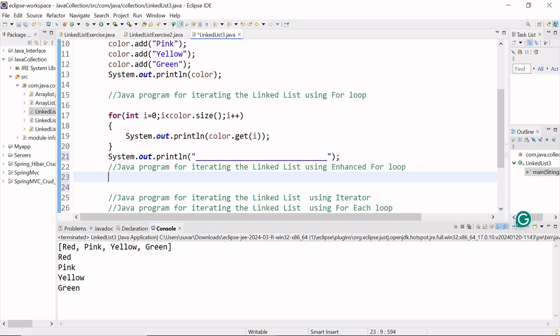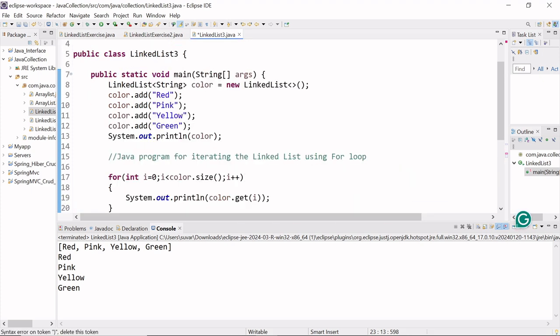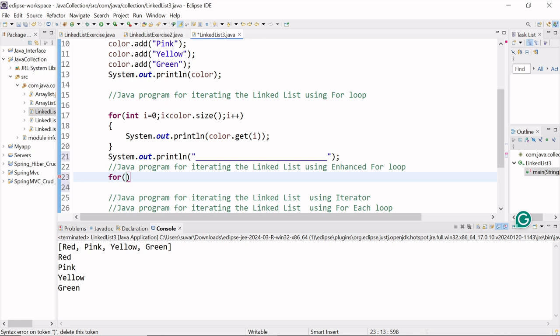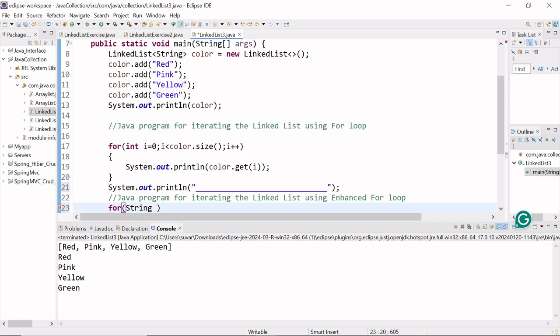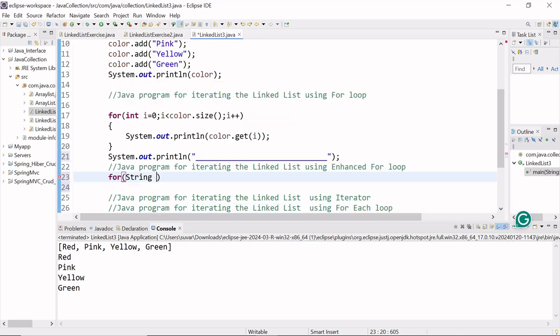So here I use enhanced for loop, and its syntax: color linked list is a string type, so I use its data type string. And firstly for each color from color linked list. So for each I use the name,